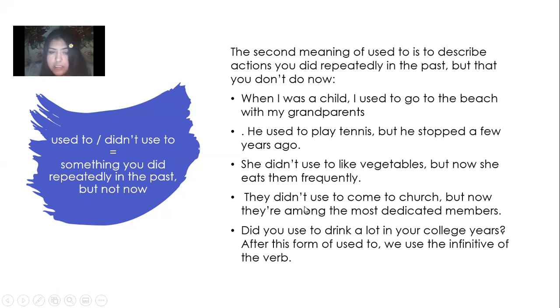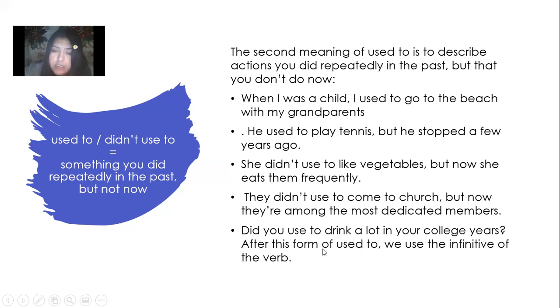The other one says, they didn't used to come to church, but now they are among the most dedicated members. Did you use to drink a lot in your college years? After this form of used to, we use the infinitive